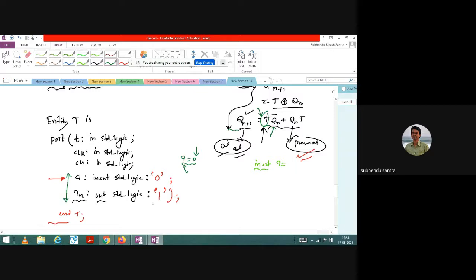So definitely the output will take 1, and as you know Qn is just the NOT, or you can write Q is Qn bar. So if output equals 1, that means your intermediate variable will be 0. You can take vice versa also, you can take 0 here, or 1, that is possible. But let us take this one, and the rest of the program I think you can do. This is the only tricky part, the extra modification needed in this case. The other things you can do.